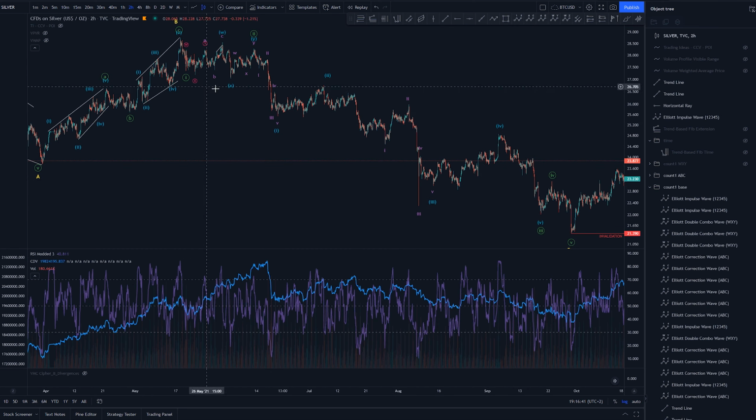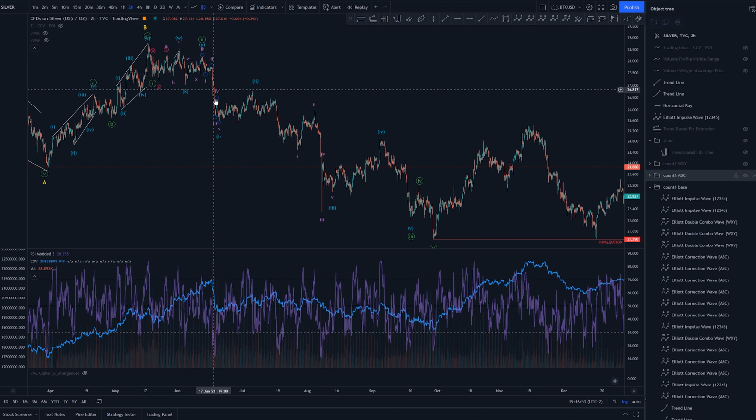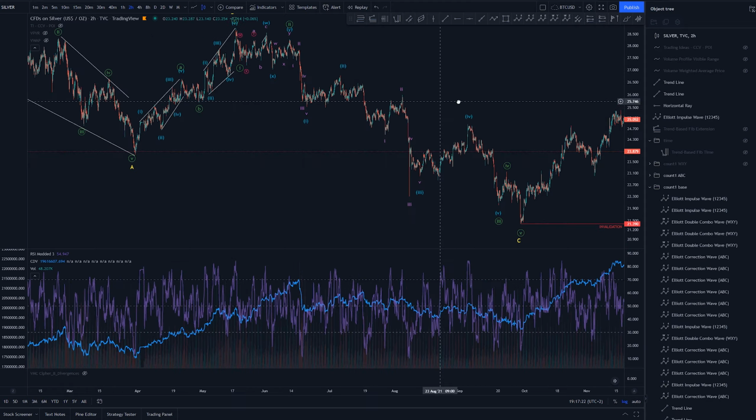That is really complex here, which supports somehow this super simple count here, but looking at the subwaves, it is not simple. 1 into 2 into 3 as a truncated fifth of this subwave scale. I really don't like that at all. This 1, 2, 3, 4, 5, it could be diagonal, it's not overlapping, so I didn't just label it there because it didn't have to. Then 1, 2, 3 into 2, and this massive 3,